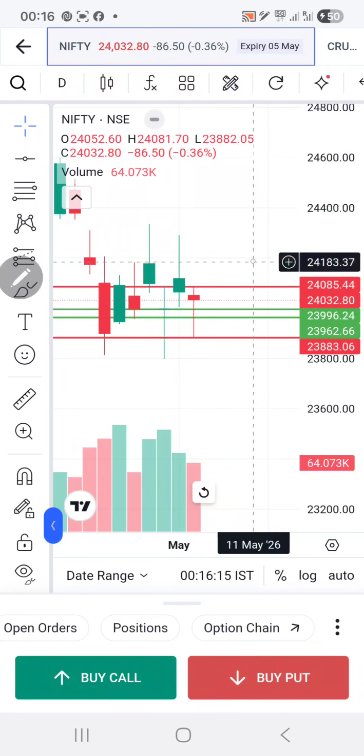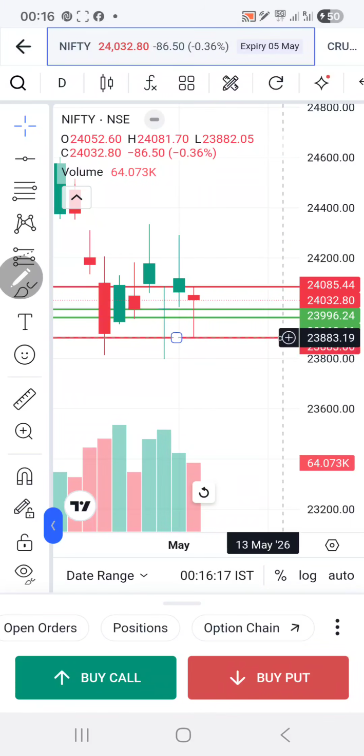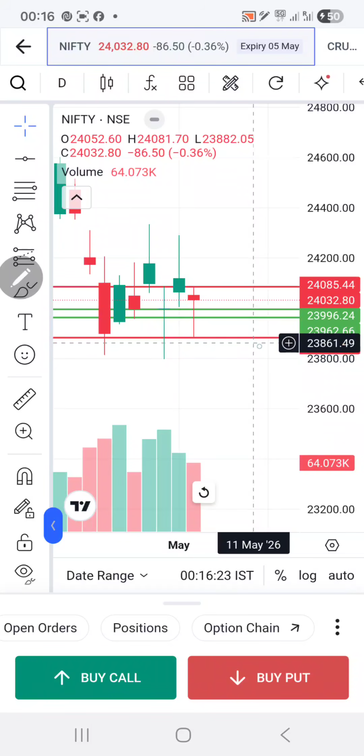But my suggestion for selling these options is to always select a delta of 0.10 or below, because the IV is also high. Always select 0.10 below, so that the decay will be there, and if it goes against you in the trend, you will not make so much loss, so you can have time to exit.